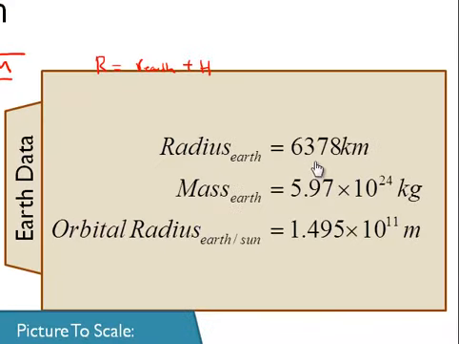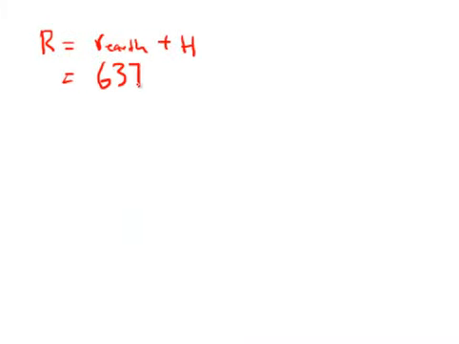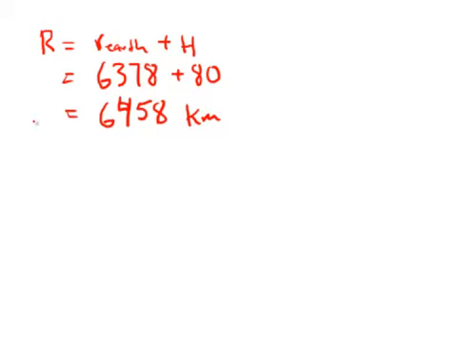Looks like the radius of the Earth is 6,378 kilometers. Notice also the mass of the Earth. We'll need that in a little bit. So that's 6,378 kilometers plus 80 kilometers for a grand total of 6,458 kilometers. One of the biggest difficulties in this orbital chapter is that this formula, because it has the gravitational